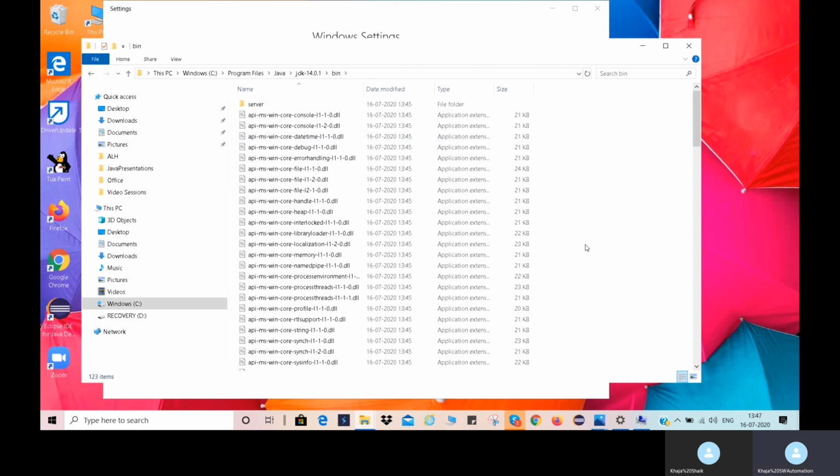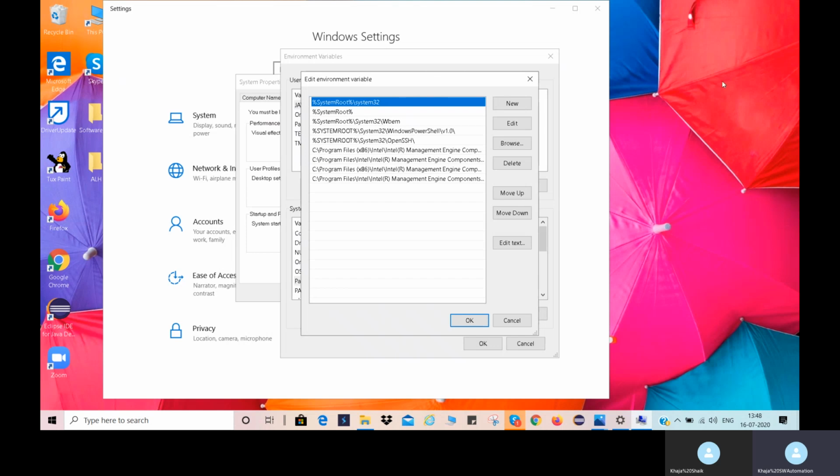To get the exact path of this location, just click on the address bar of this folder. Here this will give the exact path of this location. So copy this path, Control C, and close this folder.